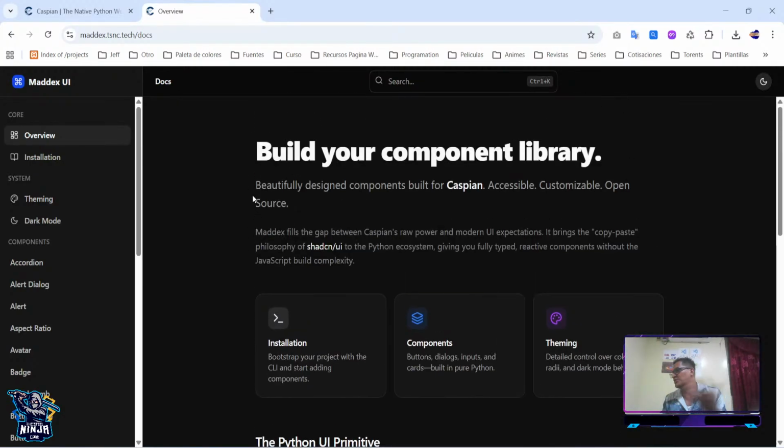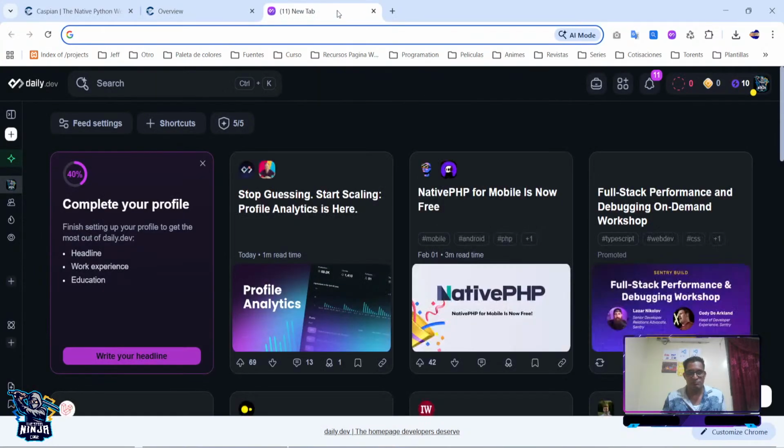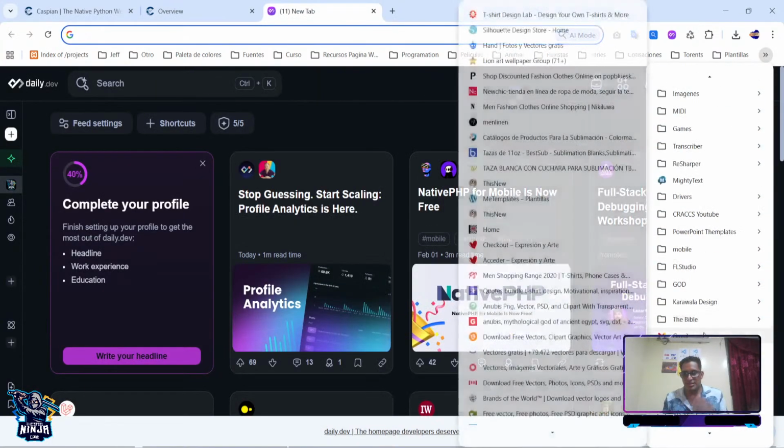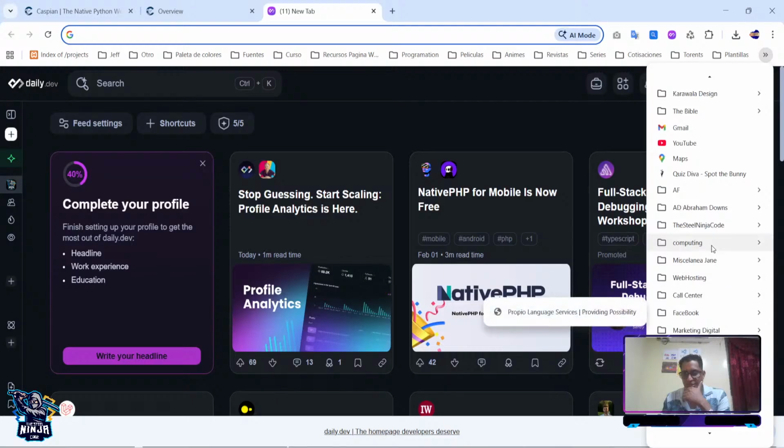In this case, reusable components, same like Shadcn does. So I'm going to use Caspian, Maddex, and